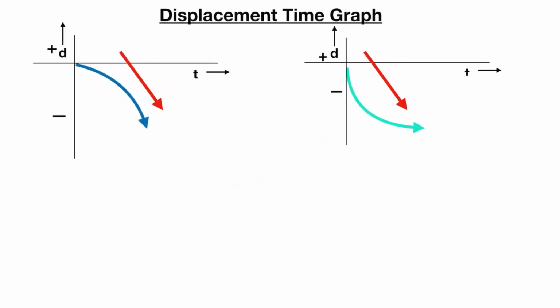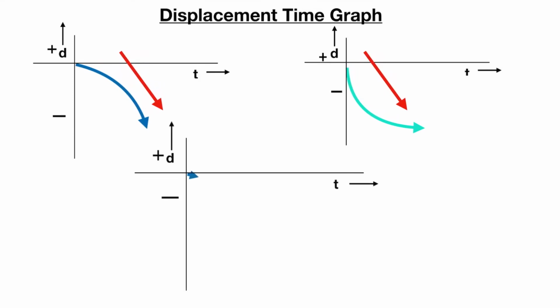If we combine the other two cases together, we'll get this type of graph. This graph again has the direction of motion in the minus x direction. If I want to describe this motion, initially the speed is increasing and then decreasing. So by looking at displacement time graphs, you can tell the direction of motion, and as well whether speed is increasing or decreasing, or constant, or the object is at rest. All this information you can find out from a displacement time graph.